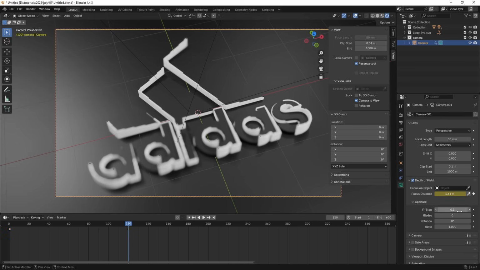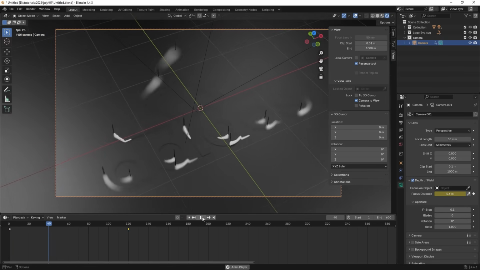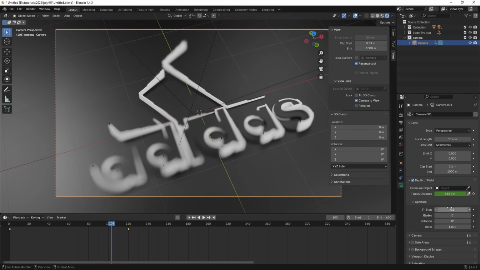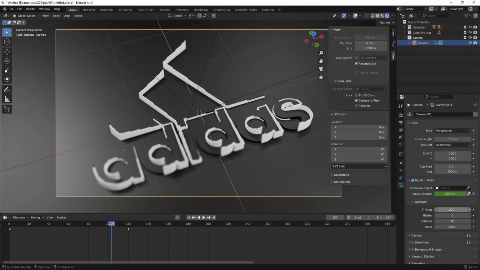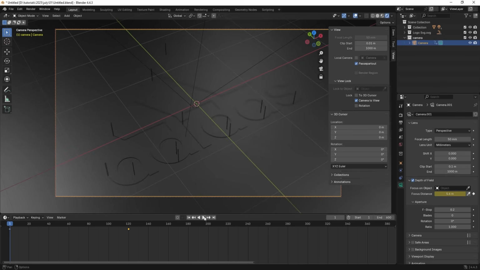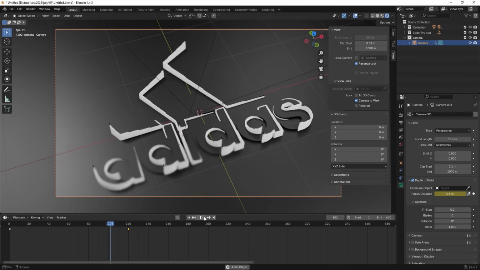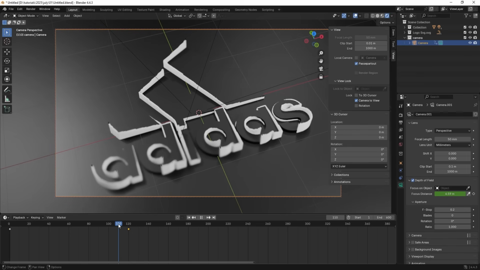Create another keyframe. Let's make this f-stop 0.05 or something. If you see this now, we will get something like this. Okay, I think this is too much, so let's make this 0.2. Okay, I think this much is enough. We'll get something like this over here, and then I'm going to go somewhere around over here and make sure to